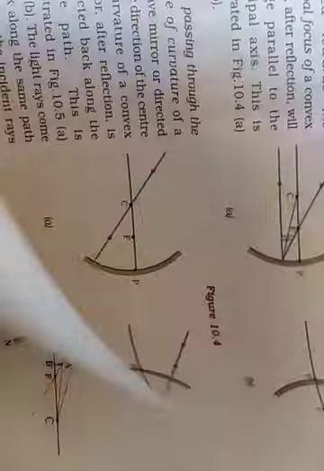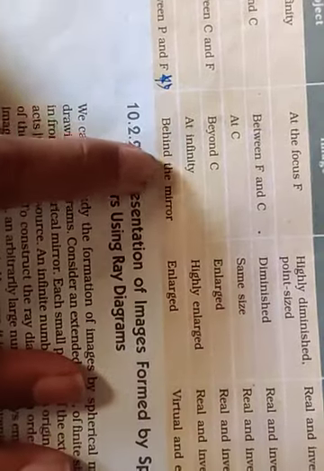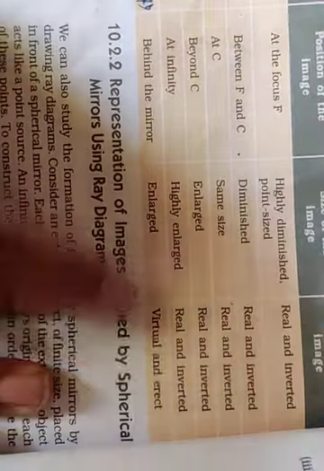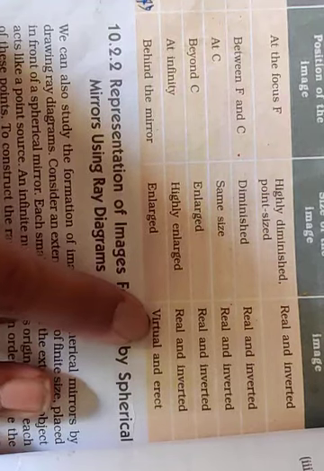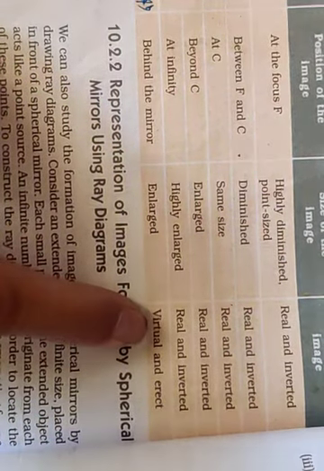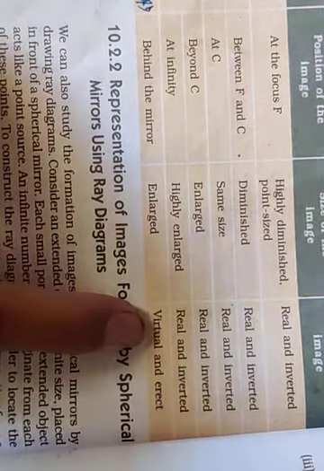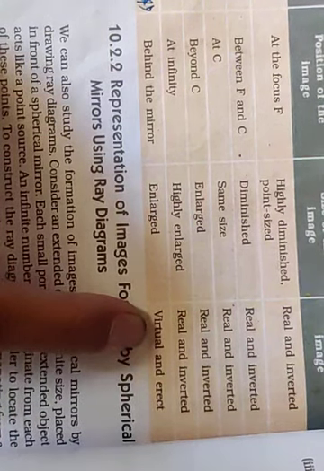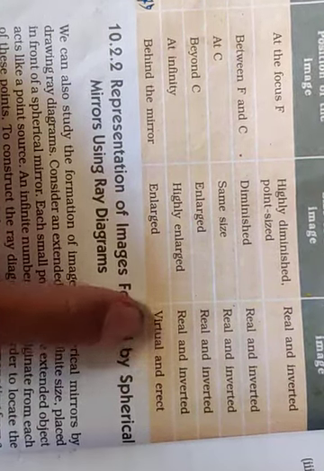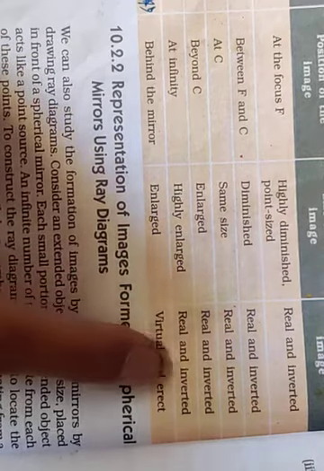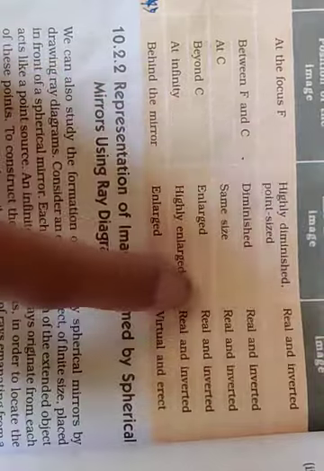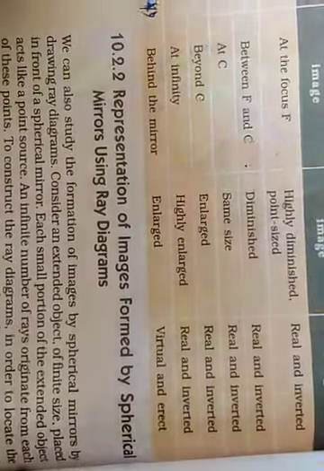So from that we come to this particular point: if I put the object between P and F, then I am going to get the image behind the mirror. So it is called virtual. What will be said? Virtual. So if both h dash and h are positive, then it will be virtual. Otherwise, in all the other cases, it will be real, because the image is going to form in a downward direction.